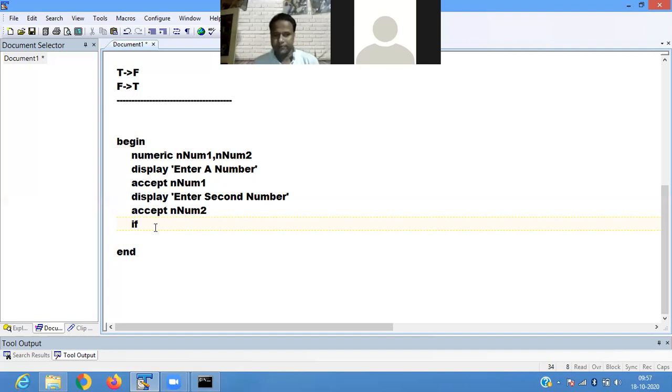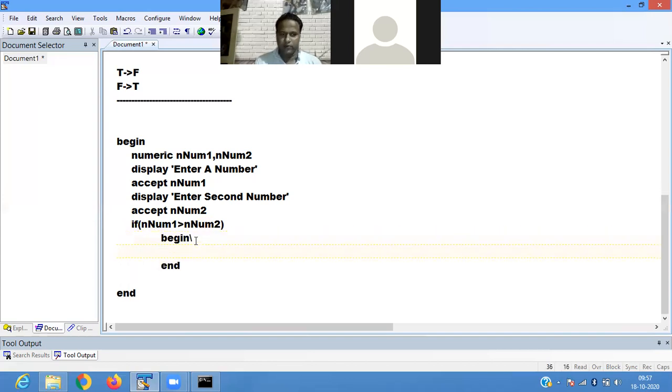So if num1 is greater than num2, it will check the condition. Then here we write begin and end. So the if block also contains a begin and end block.